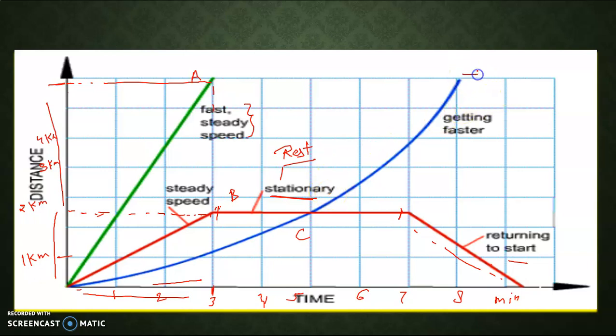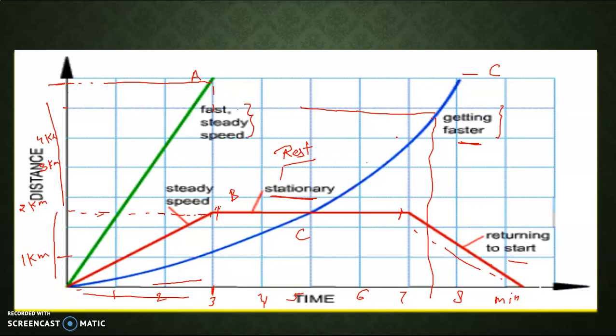Now we are seeing the third graph, C. If you intersect the corresponding axes from any point of the graph, you will find that the speed is increasing. Firstly the speed is slow, then the speed increases, because in a smaller interval of time more distance is covered by the object. So this graph represents that the object is firstly moving at slow speed, then the speed of the object is increasing.